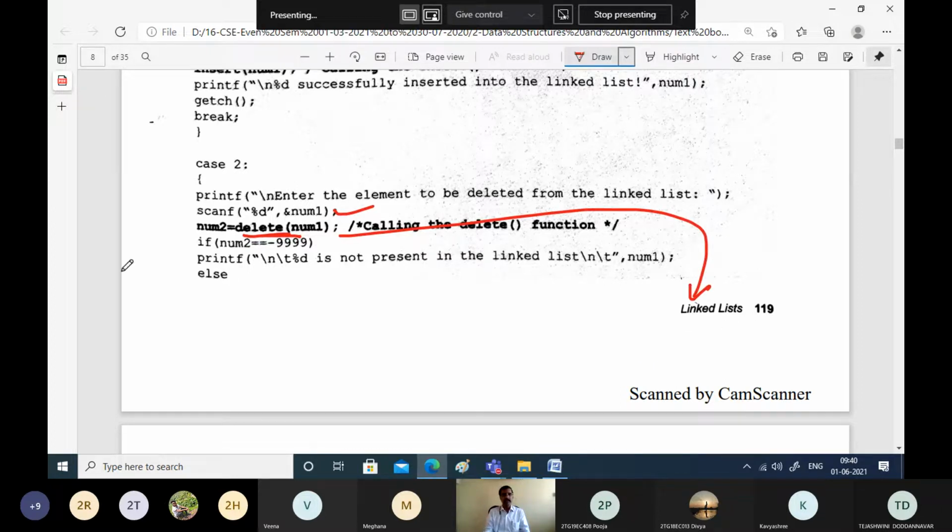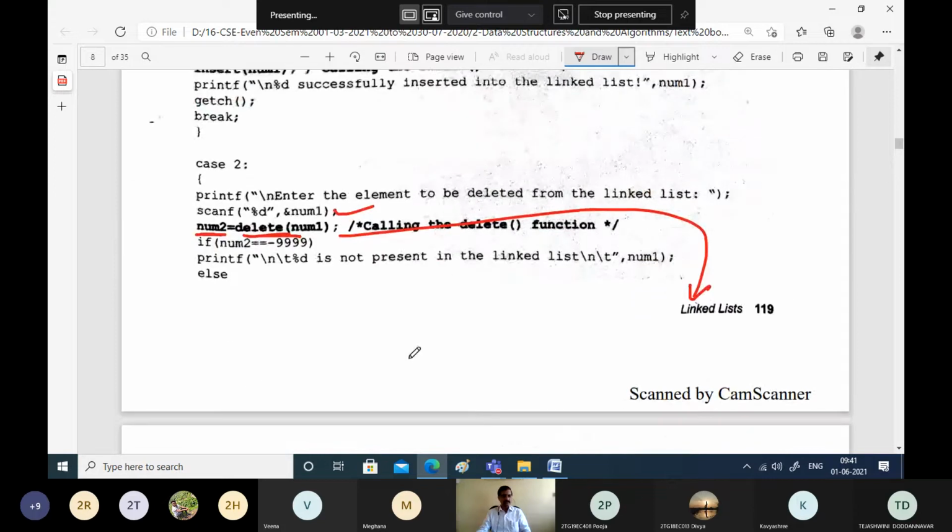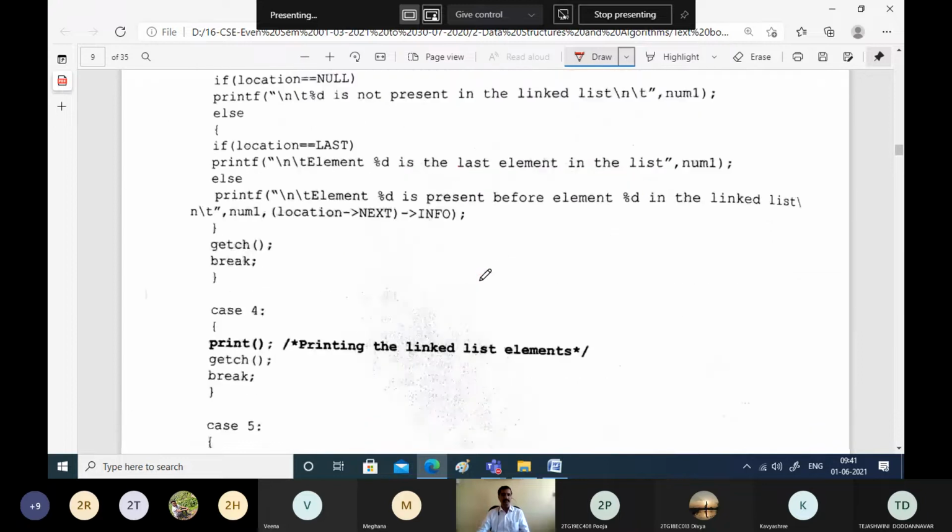The element will be deleted and that will be returned, and the returned value will be stored in number2. If we were able to delete the number successfully, then the else part will work, saying that the element is deleted successfully from the linked list. So this is what we have seen in the previous classes. Else we are going to say that the element is not at all present in the linked list.